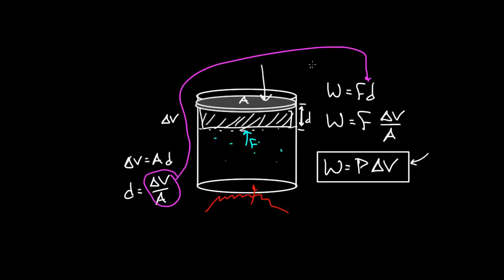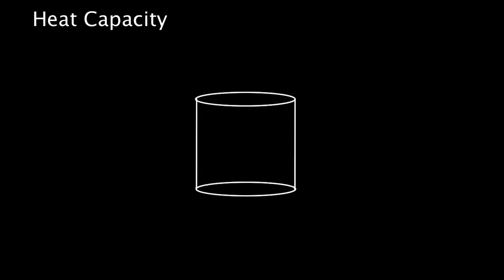And now we're finally ready to talk about heat capacity, so let's get rid of this. Heat capacity is defined to be, imagine you had a certain amount of heat being added. So a certain amount of heat gets added to your gas. How much does the temperature increase? That's what the heat capacity tells you. So capital C is heat capacity, and it's defined to be the amount of heat that you've added to the gas